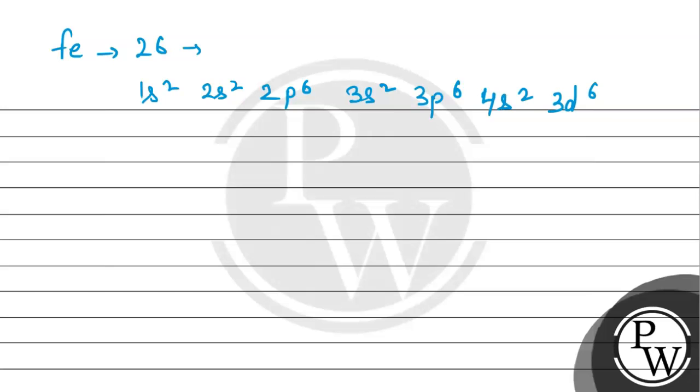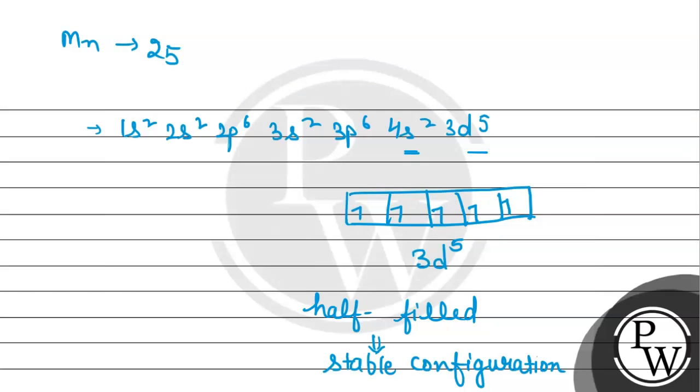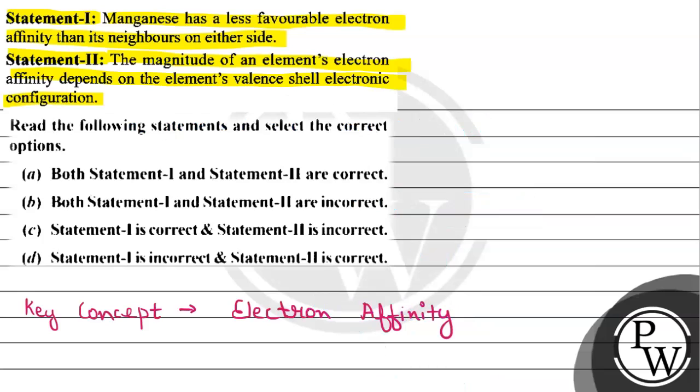3d6. Here we can see the d orbital has 6 electrons present in the same. So since it has 6 electrons, it is not in the half filled configuration. The electron can be accommodated easily as compared to the manganese. So by this we can say for manganese, electron affinity is less favorable than its neighbors on either side. Statement 1 is absolutely correct,